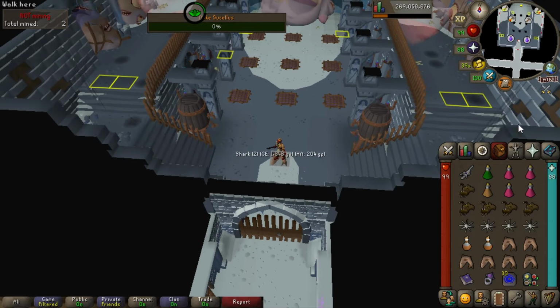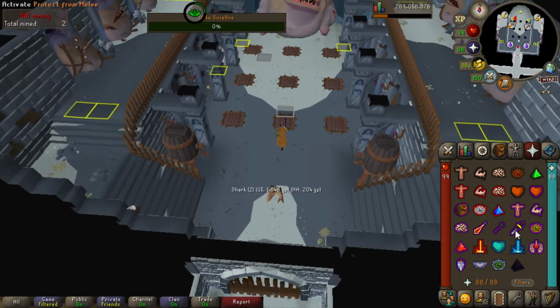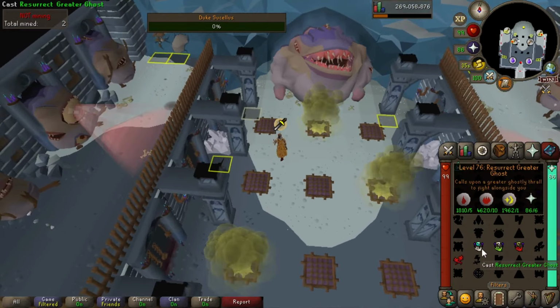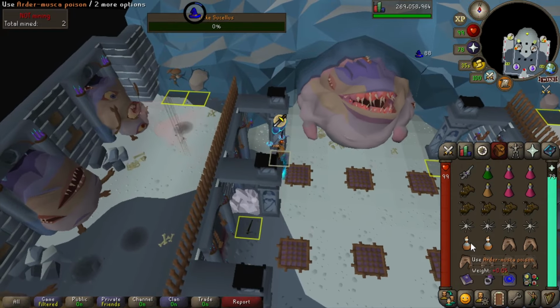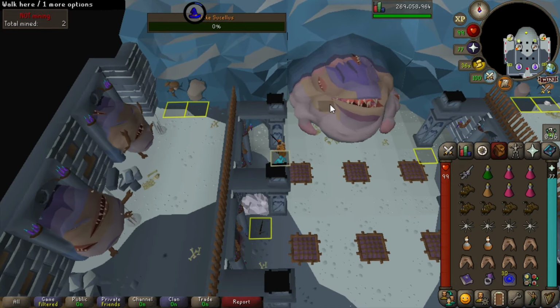I'm going to switch to my Void Waker. Going to turn my spec on. And we're going to run on over. Hit melee. Hit piety. And then we're going to stand over here. Summon my thrall. Now, what we're going to be doing... Actually, I'll turn my pro off now. What we're going to be doing is...